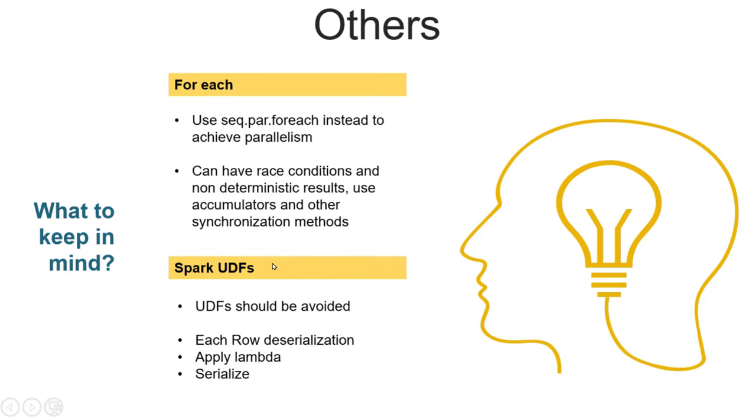Now another thing to keep in mind is, we use Spark UDFs in some cases. These are user defined functions. When we need certain custom behavior, we write UDFs and register them with Spark. This should be avoided, because first of all, it's custom logic, so Spark auto optimization will not work on that UDF. Secondly, internally the UDF will operate on each row. So in your data set, if there are 1 million rows, the UDF has to actually read each row, deserialize, apply the lambda function, and then serialize. So it's a bit of overhead. So if possible, we should completely avoid Spark UDFs.